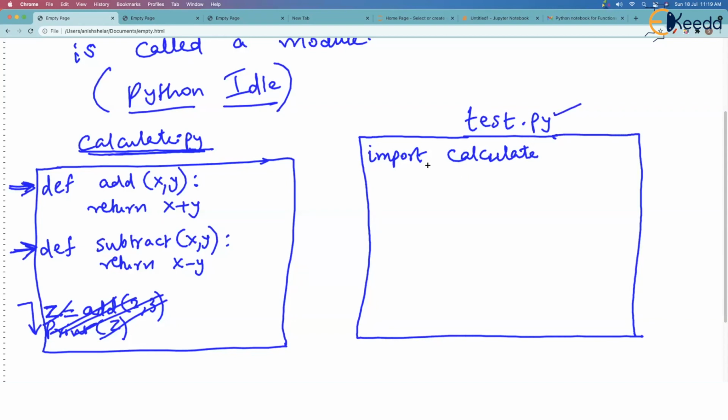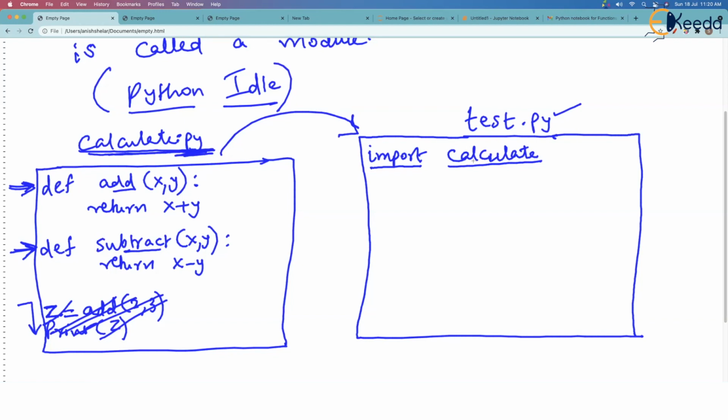What is this doing? Test.py is importing calculate. What it means is whatever is there in calculate.py, the add function and the subtract function, will be imported here. So it is as good as test.py having two functions, add and subtract.